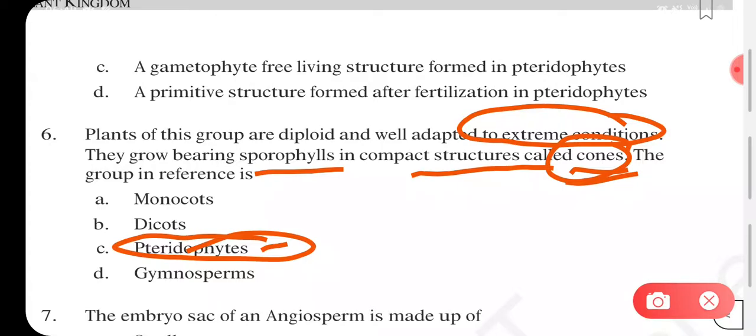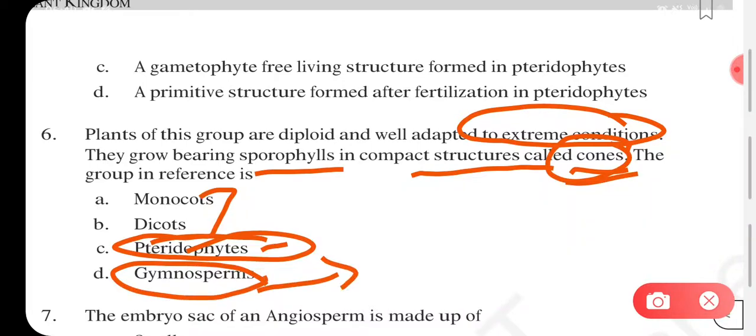Okay, so they are restricted to a narrow geographical region and they are not able to survive in extreme environmental conditions, right? So again, pteridophyte cannot be the answer. Monocots and dicots come under angiosperms. Again, there is nothing like a cone-like structure we see. So the answer will be gymnosperm, because it is in gymnosperms that we see these cones, or we also